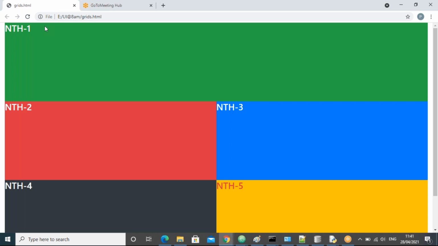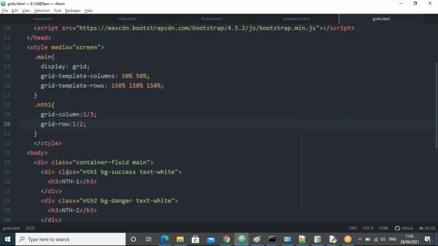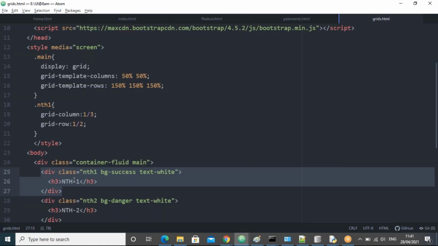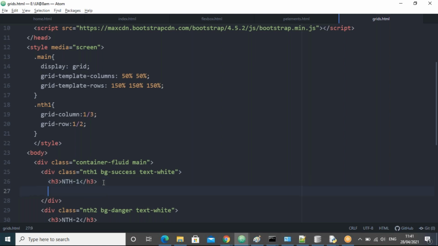Now in NTH1, guys, I want to take some subgrids, subdivisions. Let's go here. This is the first division. In this one, H3 is already there. Now I am taking some divisions again here. I'll take NTH1A.